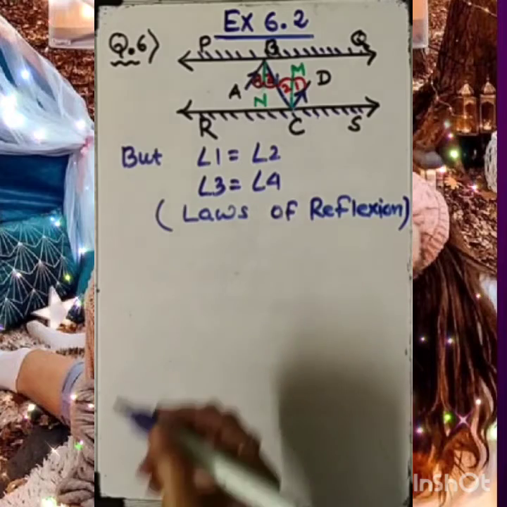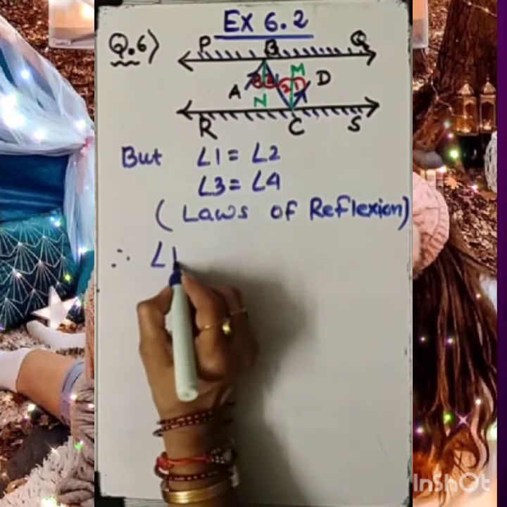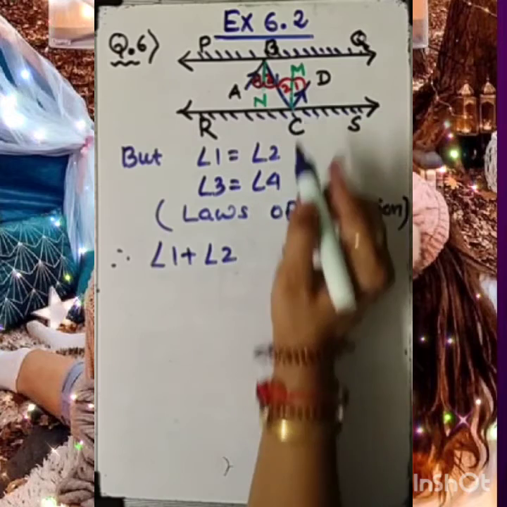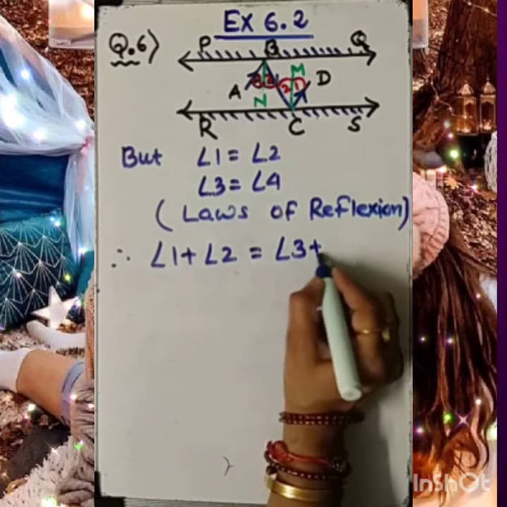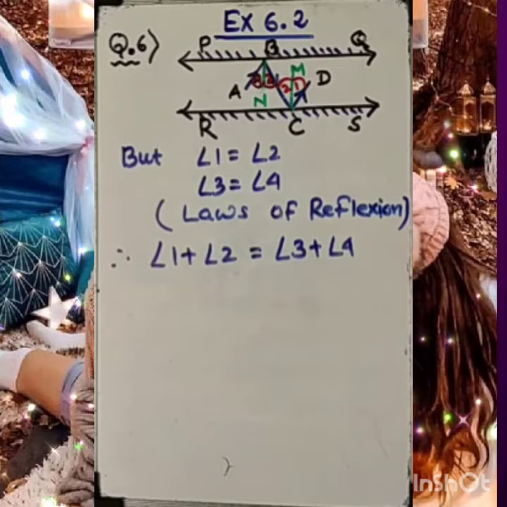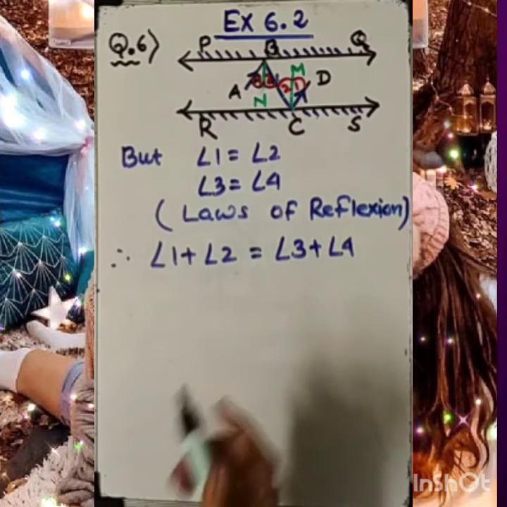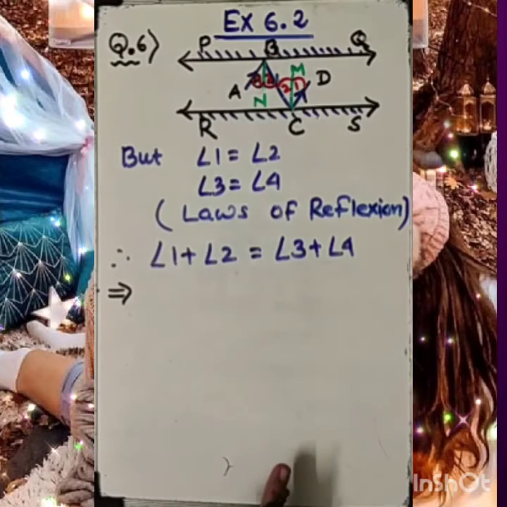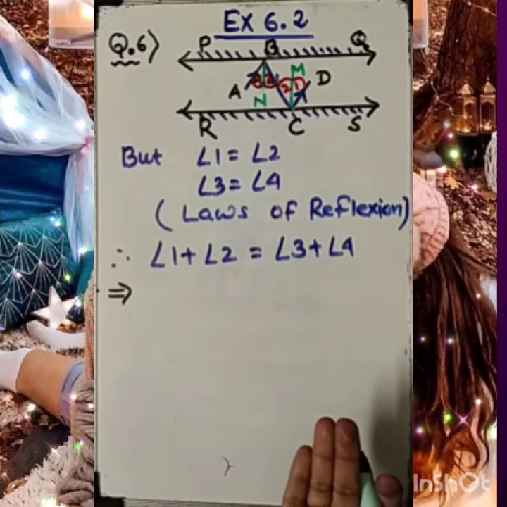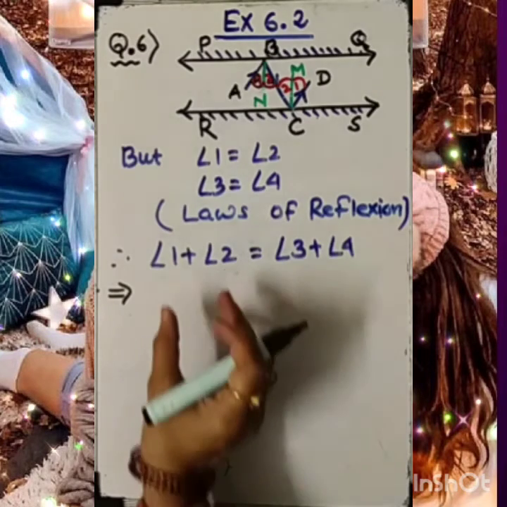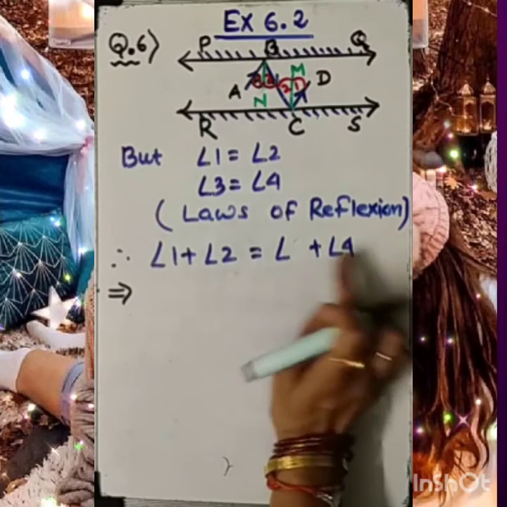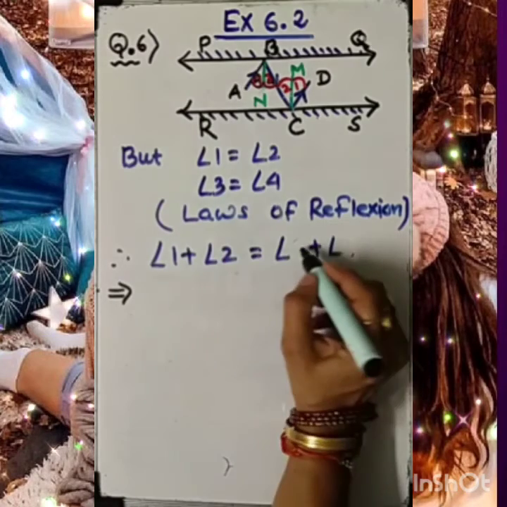So can I say now, if I add angle 1 plus angle 2 this side, that is equal to angle 3 plus angle 4, because both of them are similar. If I add to both sides, then there isn't any issue. Now as already in the first result we have proved that angle 2 equal to angle 3. So can I write here angle 1 plus angle 2, and this is 2 plus 2. Sorry, because we are adding angle 2 to both the sides now.